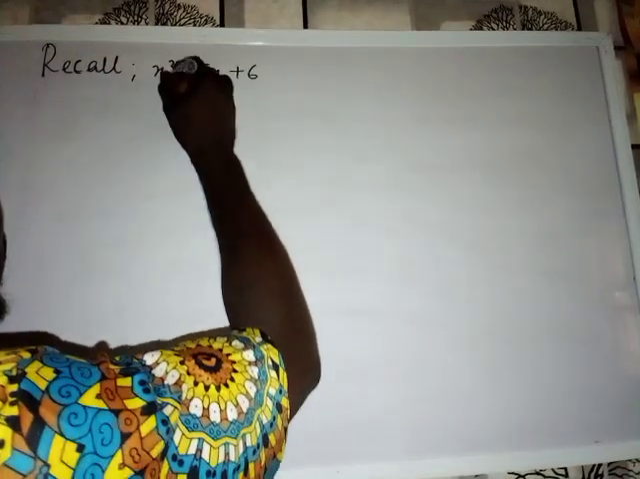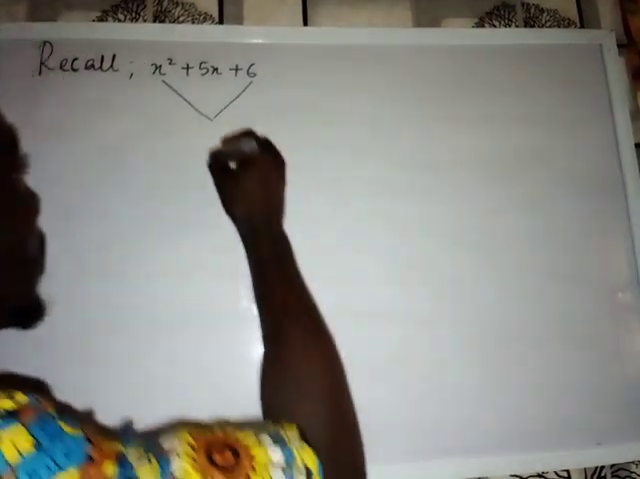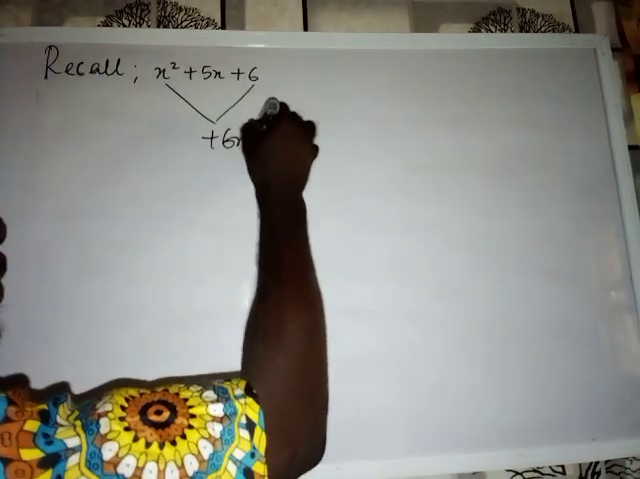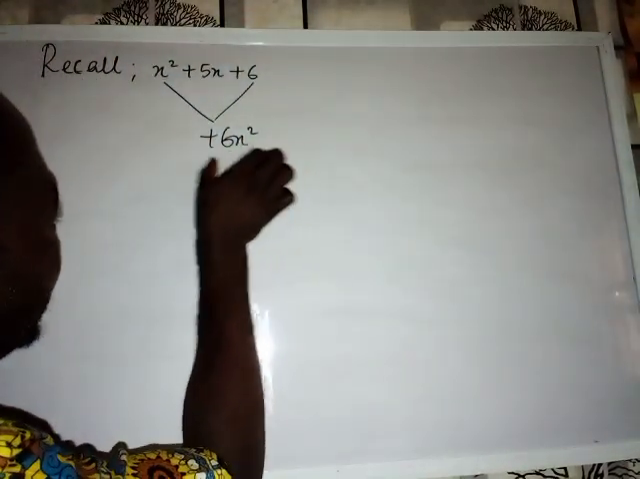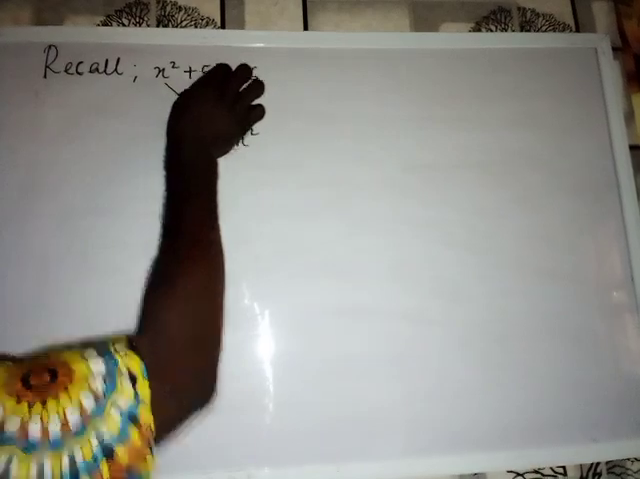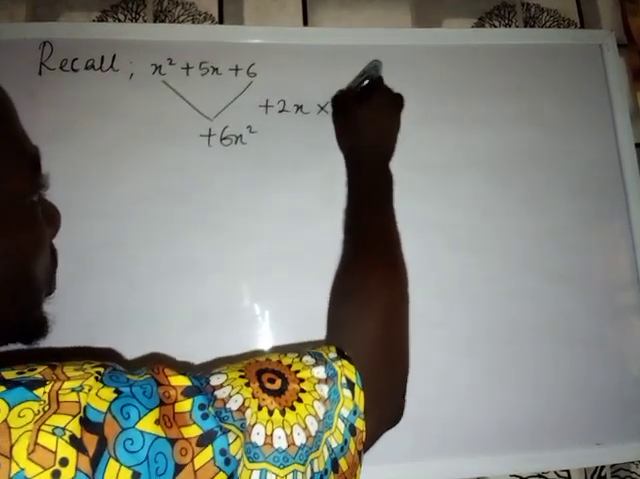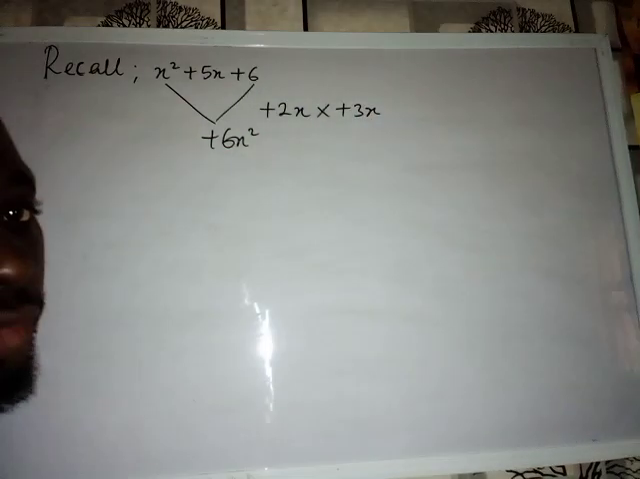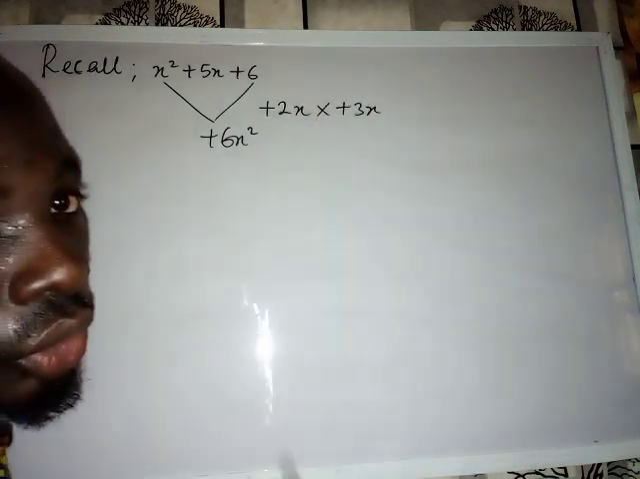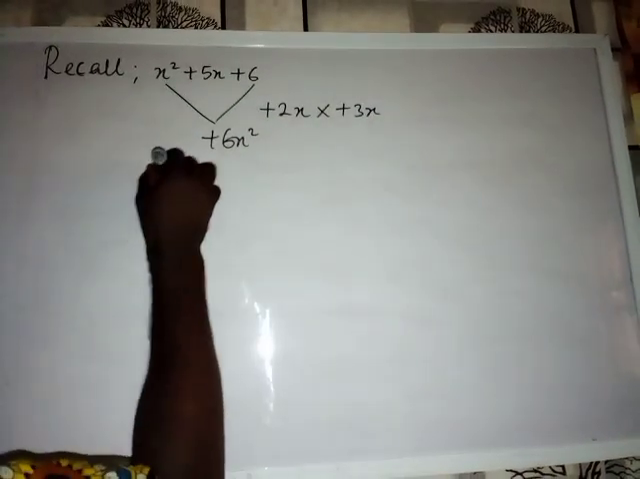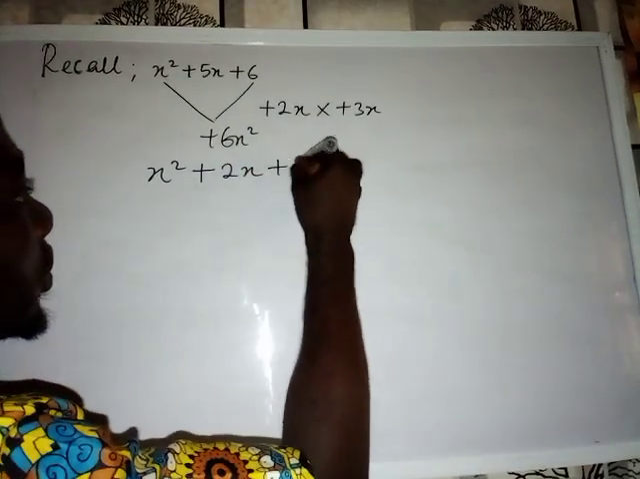We multiply the first term, which is x squared, by the third term, and that gives us plus 6x squared. Then we look for two terms that, if you multiply, give you plus 6x squared, and if you add, give you plus 5x. That gives us 2x and 3x. Then we replace the middle term with these two terms, that is x squared plus 2x plus 3x